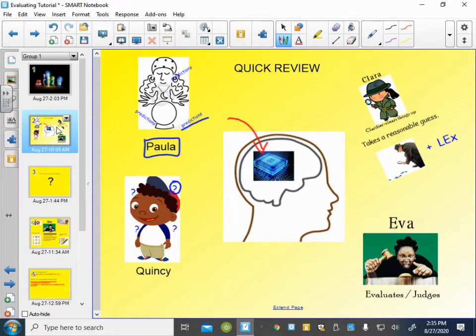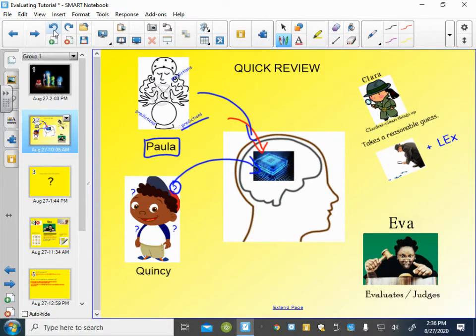That's Paula's main job, to make predictions. Quincy, here's Quincy. Quincy's main job when we're reading is to be generating questions. He's the one that is coming up with the questions as we read. They all live inside this device.